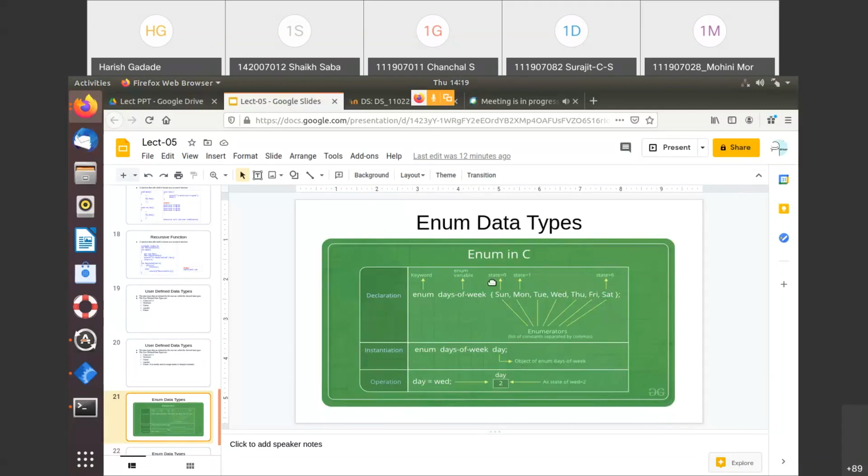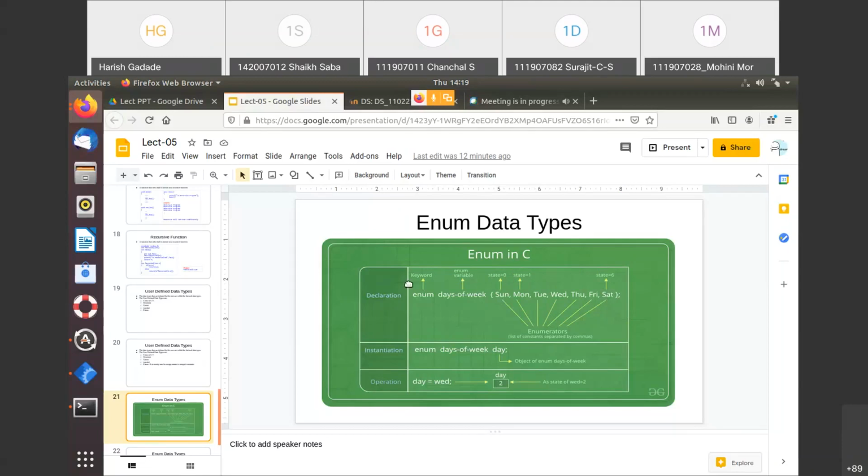So here you can say state 0, state 1, up to state 6. These are the integral constants, and these are the names.